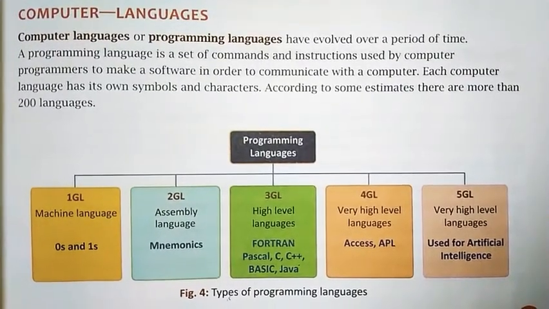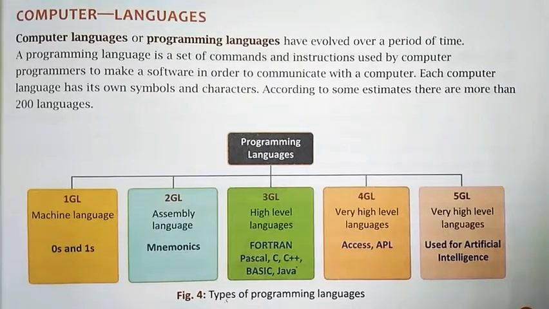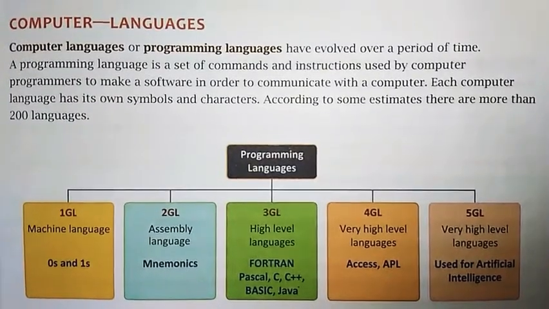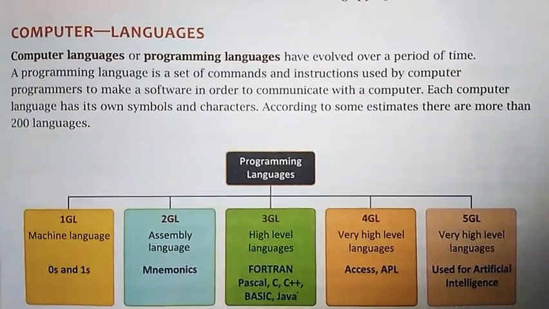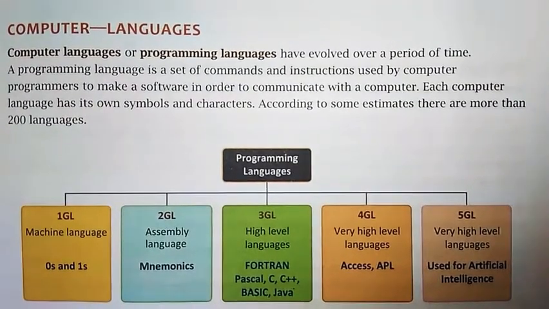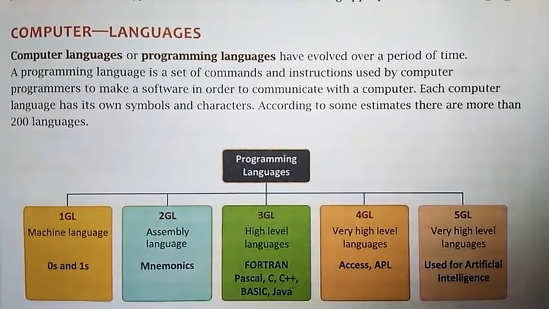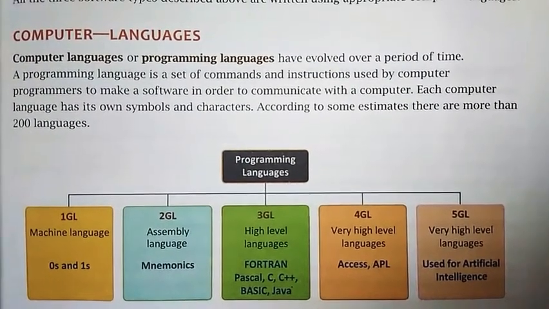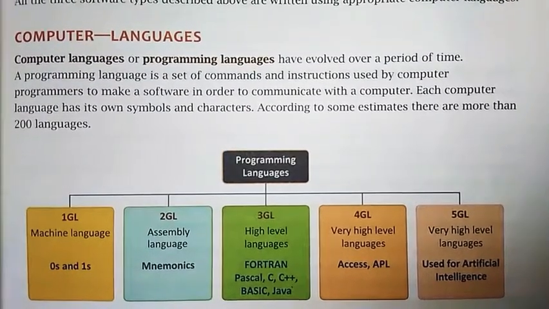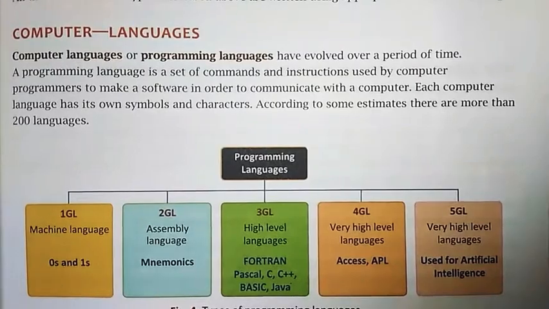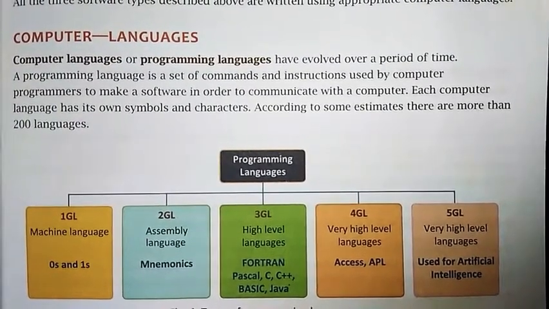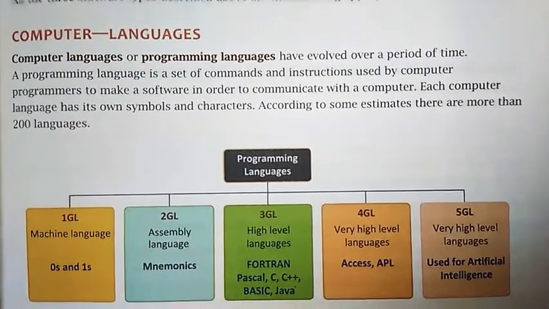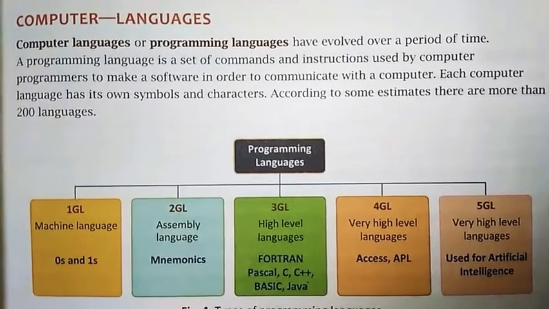So students, as we all know, we have already discussed some previous topics regarding this chapter 1, like computer hardware, general purpose computers, types of general purpose computers, and after that we discussed computer software, in which we also know about the types of computer software. Do you remember? It was system software, application software and utility software. So in this video today we will discuss computer languages. Okay,